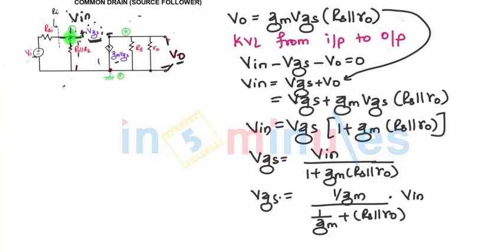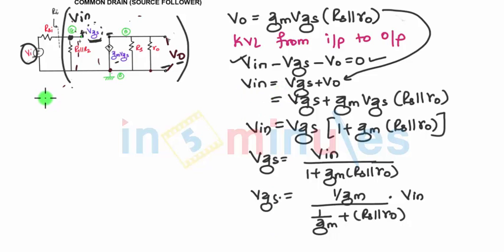Now I can write Vin in terms of, Vin is the voltage at this point. In the first case we are applying KVL from Vin minus VGS minus VO is equal to 0. So we are applying KVL from this point to this point. We are not including Vi. Vi is our main source. We are applying KVL from Vin to the output. So Vin minus VGS minus VO is equal to 0. That will give you this derivation.